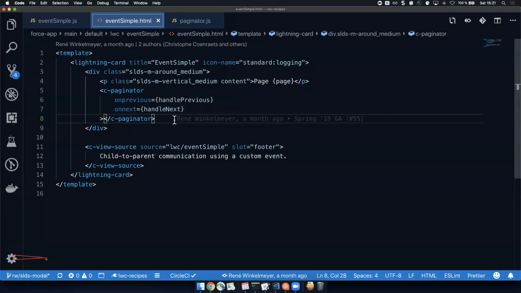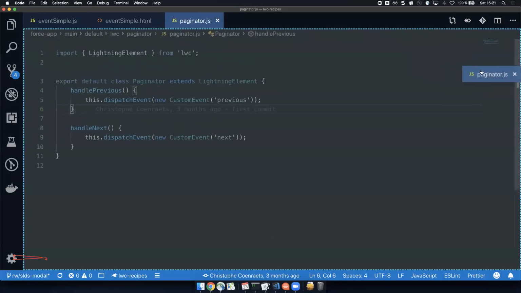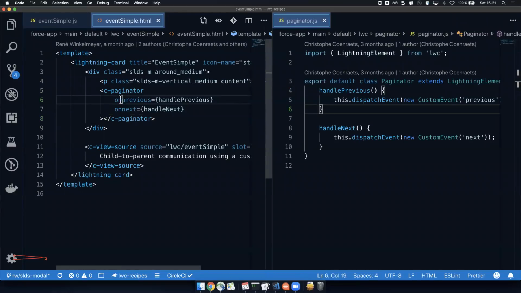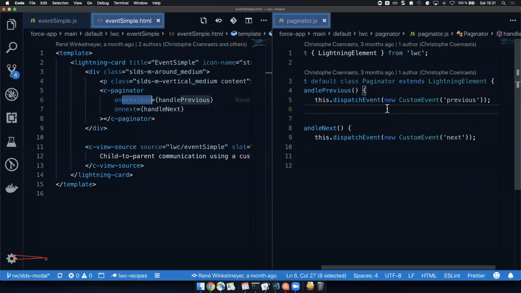What you have to understand is that this is a real standard pattern that applies to standard web development. You likely know on click, on mouse hover, and all the different events that exist in general. So we created our own event handlers, which have in common the prefix on. This is just something that you have to add before such an event handler, and then the name of the event. Because when you see here on my right screen what the paginator is actually doing,